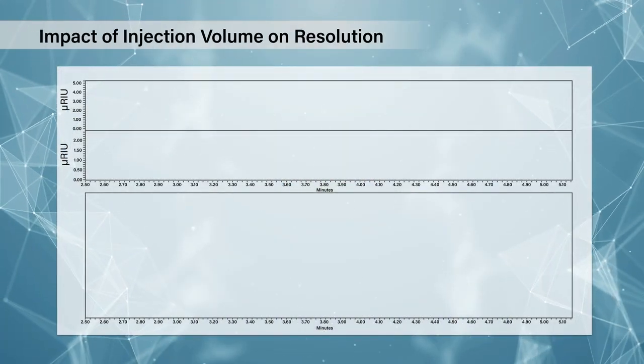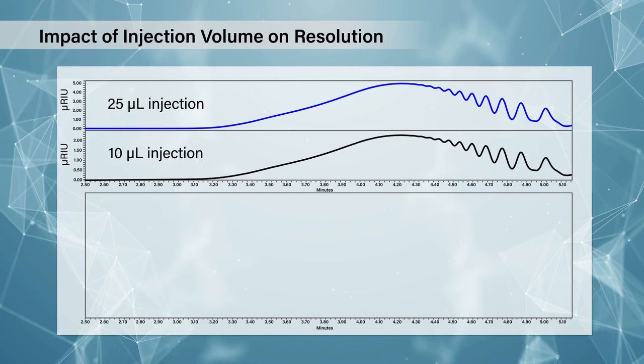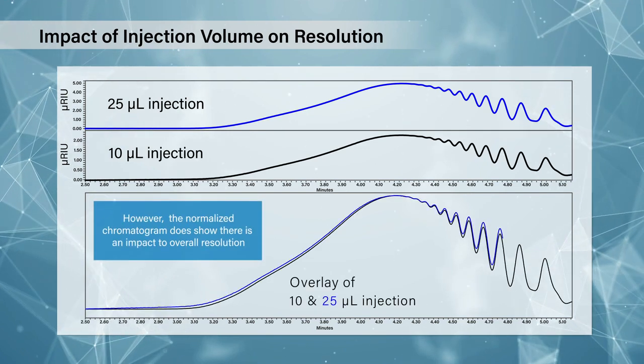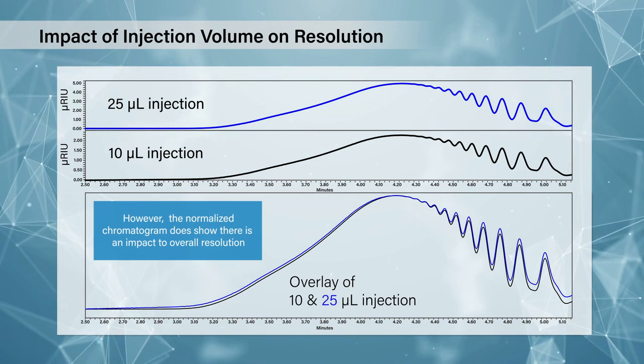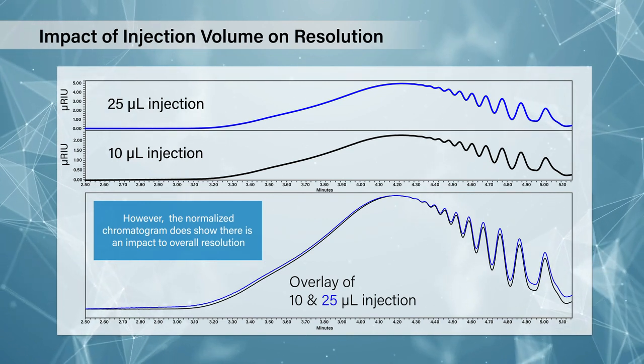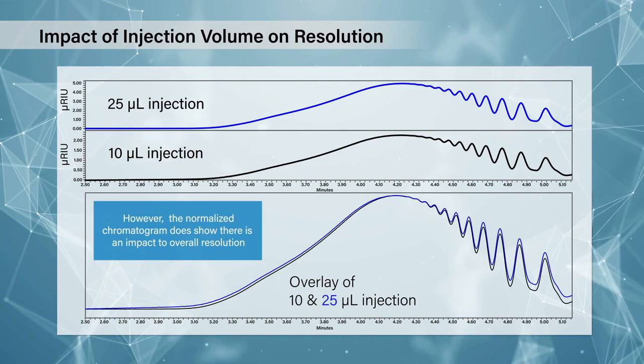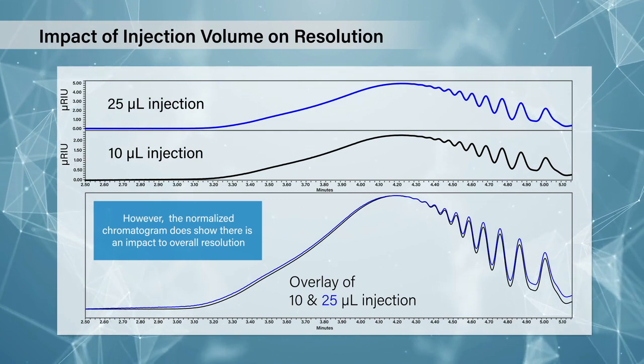When you want to compare, in this case, 10 and 25 microliters, to the naked eye, it may not look like there's a lot of difference. If you normalize and overlay, you see that there are subtle differences there in the distribution, and you are losing a little bit of resolution. That's going to be seen in the blue trace compared to the black trace on the bottom half of the screen. For advanced detectors,